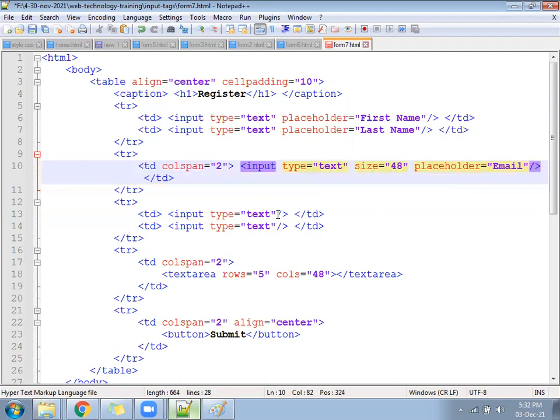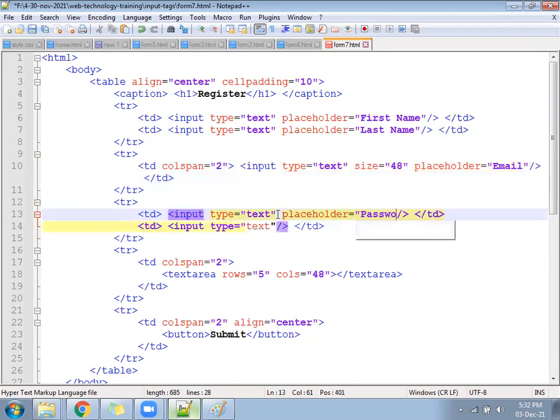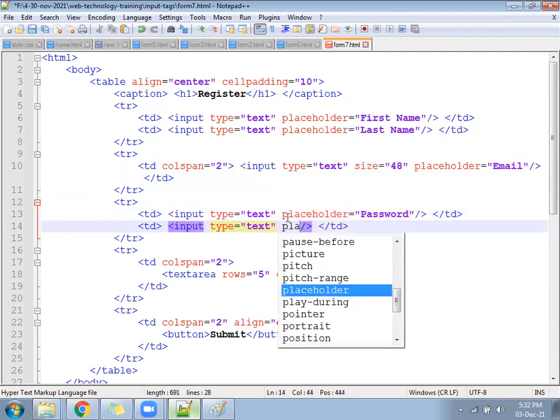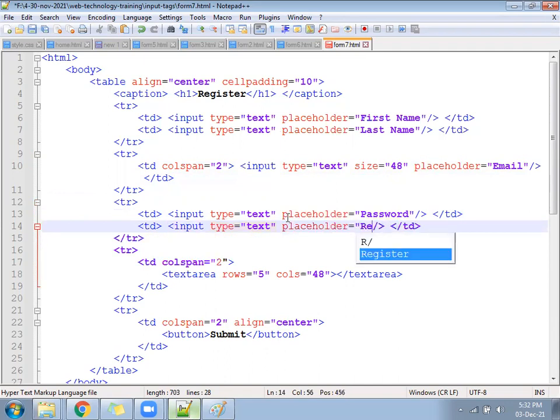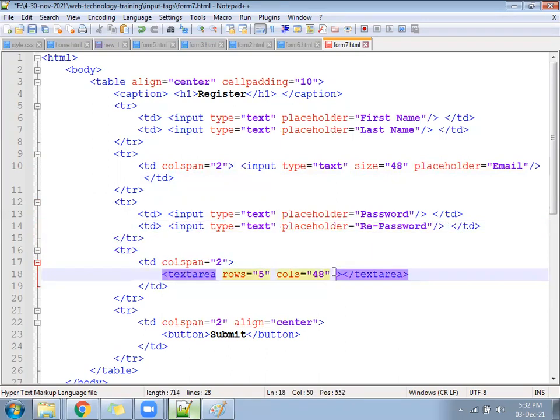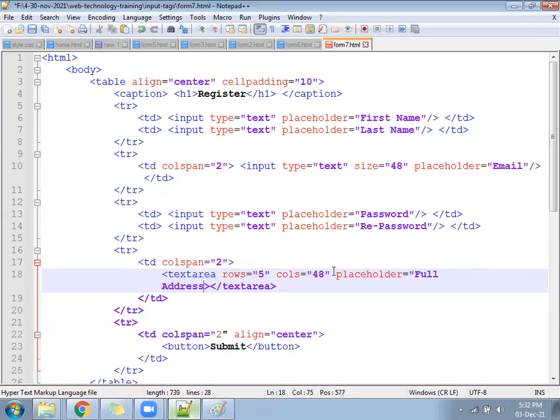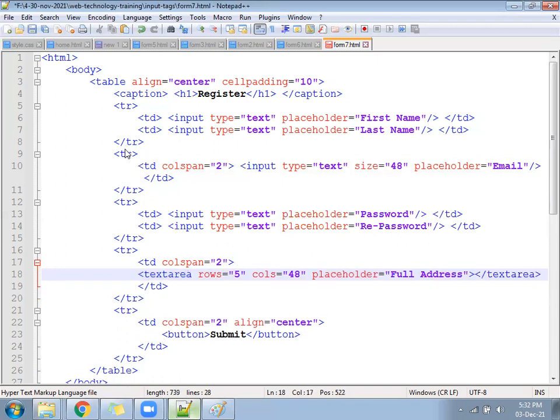The fourth one, placeholder password. Second placeholder, re-enter the password. For the text area, placeholder full address. This way the user will understand what I need to fill here.